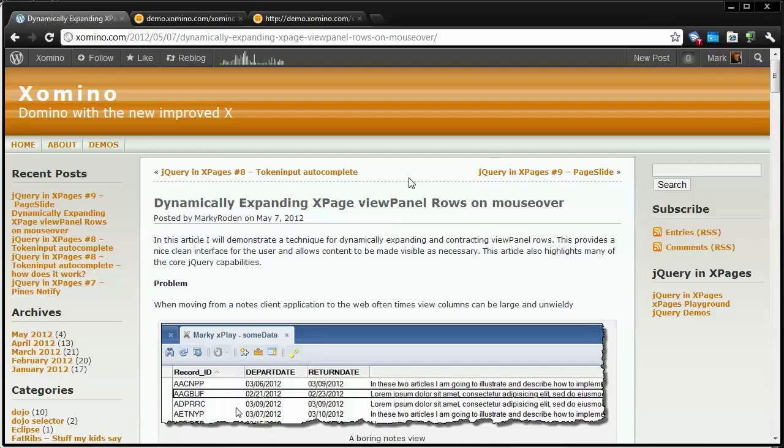Hi, my name is Mark Roden, and I'm going to show you today how to create the view panel effect that I described in my blog about dynamically expanding XPage view panel rows. For more information, check out my blog on